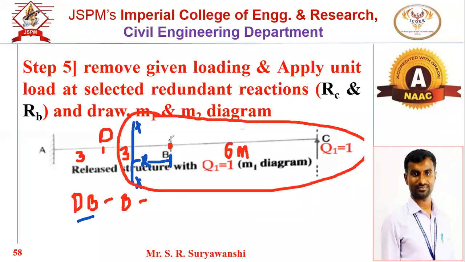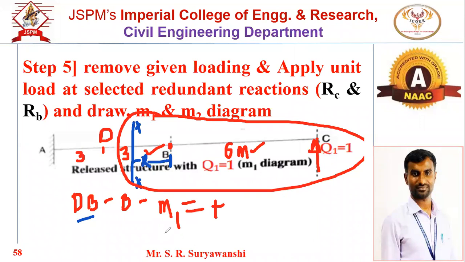Now see the right portion which I have highlighted, and see the force into perpendicular distance. Now tell me what is M1. Think about it. This is the x distance, this is 6 meter, here is the force Q1, that is 1, and the moment of this Q1 about the section line will be anti-clockwise, that's why plus. Now tell me what the moment will be.